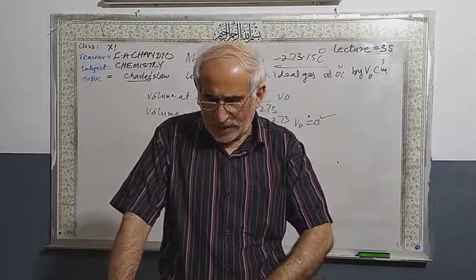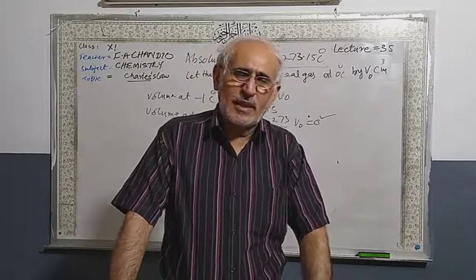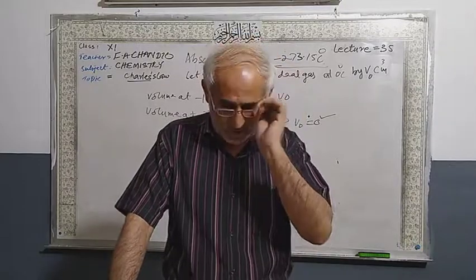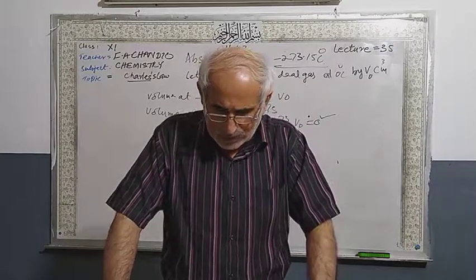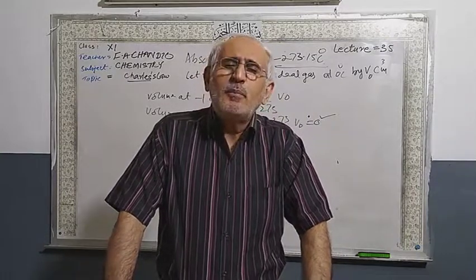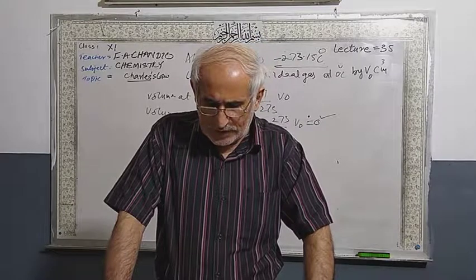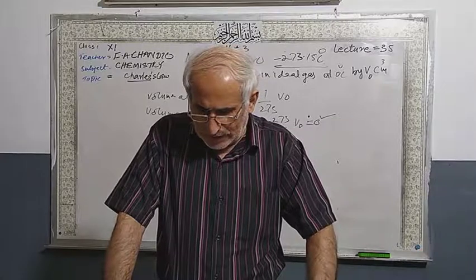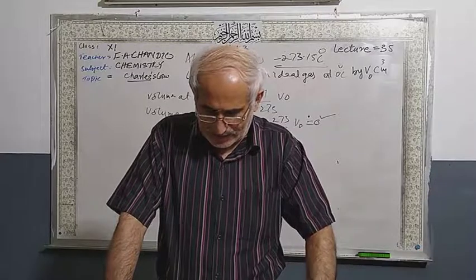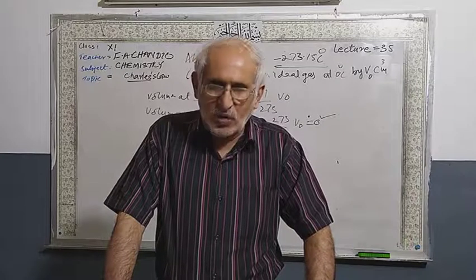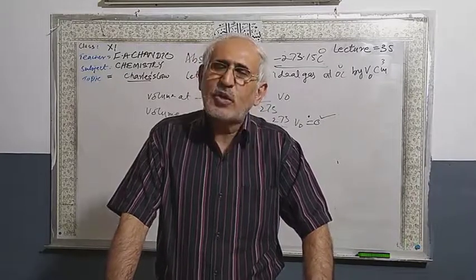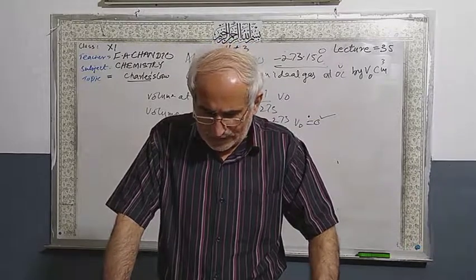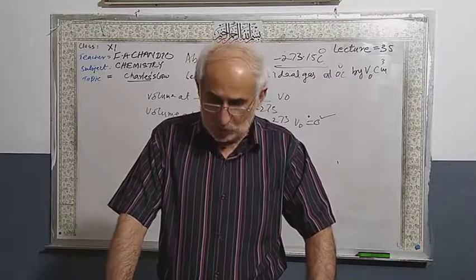For this reason, a new temperature scale has been developed, which is called Kelvin. That is degrees Celsius plus 273. Degrees Celsius plus 273 is called Kelvin. Minus 273.15 degrees Celsius is called 0 Kelvin, which is equal for all the gases, as well as the lowest possible temperature for the gases. So all the gases liquefy or solidify before this temperature is reached. So that's why minus 273.15 degrees centigrade is called absolute zero.